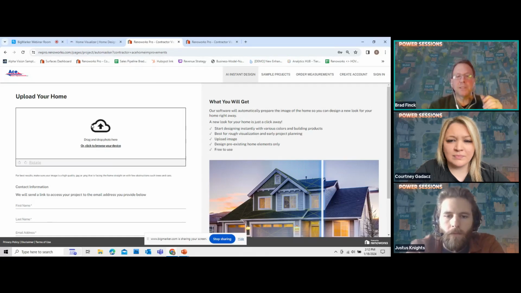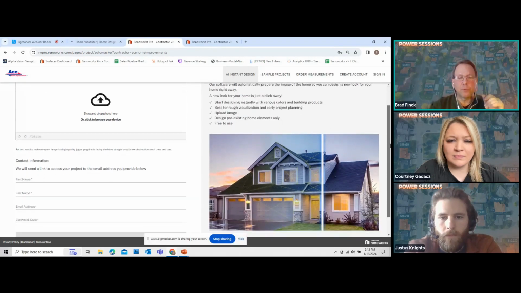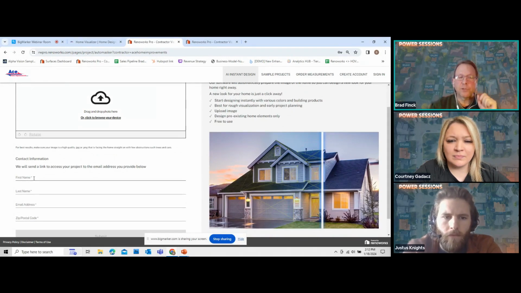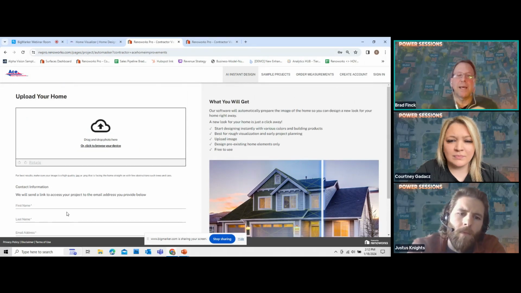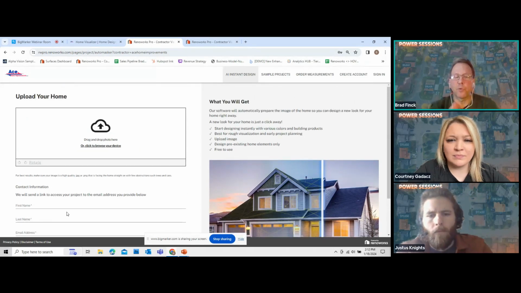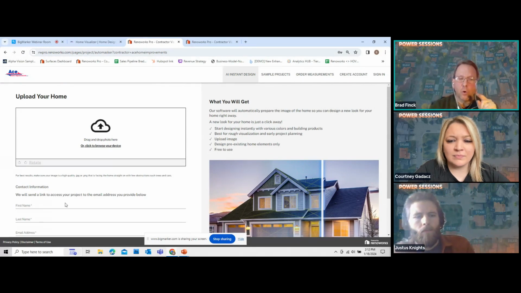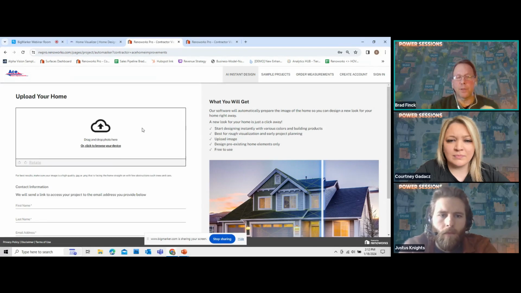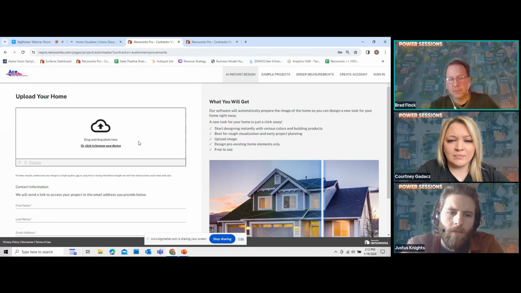You'll notice in this case, though, that it's asking me for information. Very simple information: first name, last name, email, and in this case, zip code. The reason this contractor is asking for information is that when the homeowner types in their information and uploads the photo, that lead is going to go directly to this particular contractor, right? So they may have already gotten that lead from ROOFLE, but now they're going to actually be able to